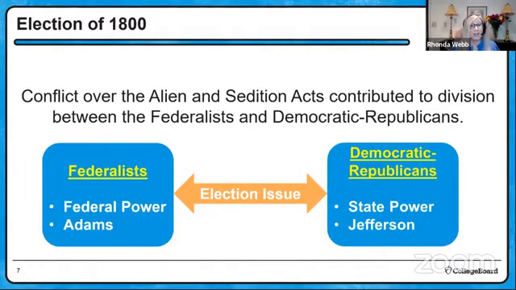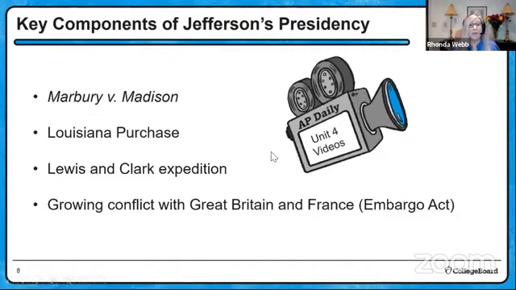And in that election, Thomas Jefferson, the head of the Democratic Republican Party, won the election. So we transfer from one party to the other. And that's never been done before. How is it going to happen? Was there going to be some sort of a fight or some ruckus that builds up? And it was a peaceful transfer of power that sets that tradition in the United States.